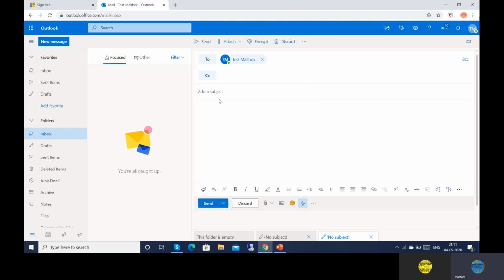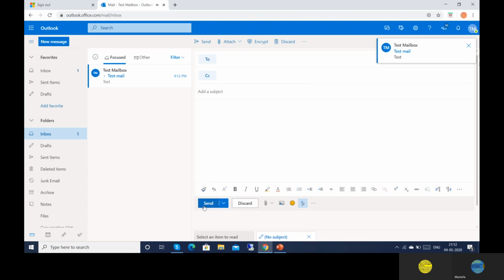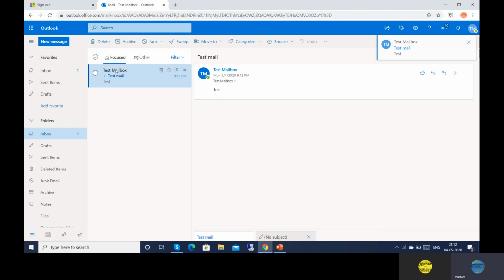This is my test mail, subject: test mail. Okay, so you have received it, right? It means your mailbox is working fine. So you have created the user mailbox properly and assigned the license, and everything is working fine. This way you can verify.